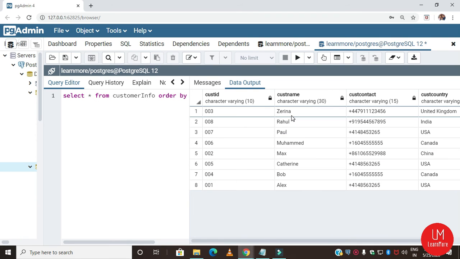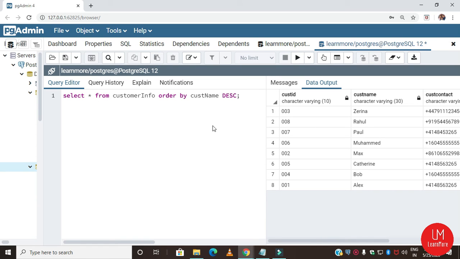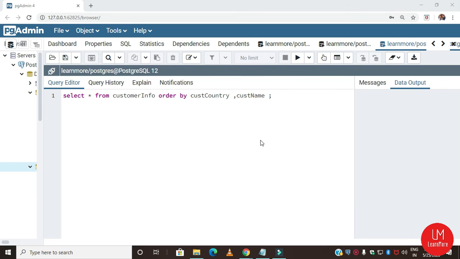Z came first, then R, P, M. This is how you sort a result set. You can also sort by multiple columns. Let's check this example: select star from customer info, order by customer country and customer name.